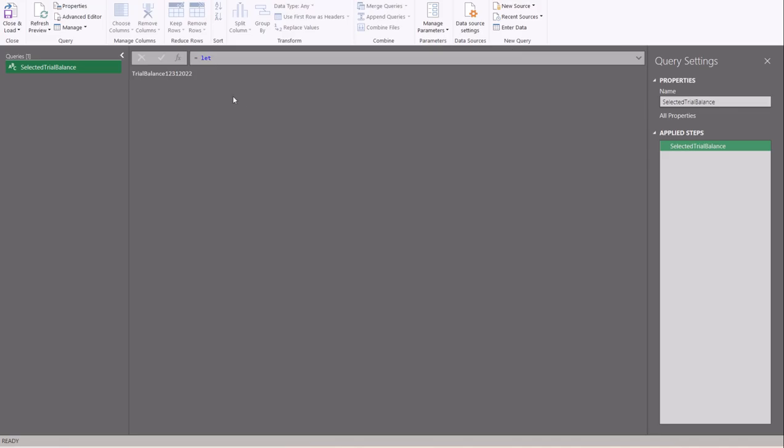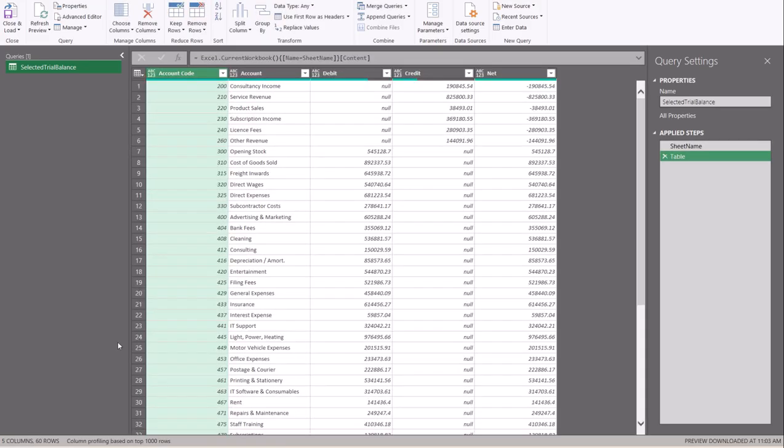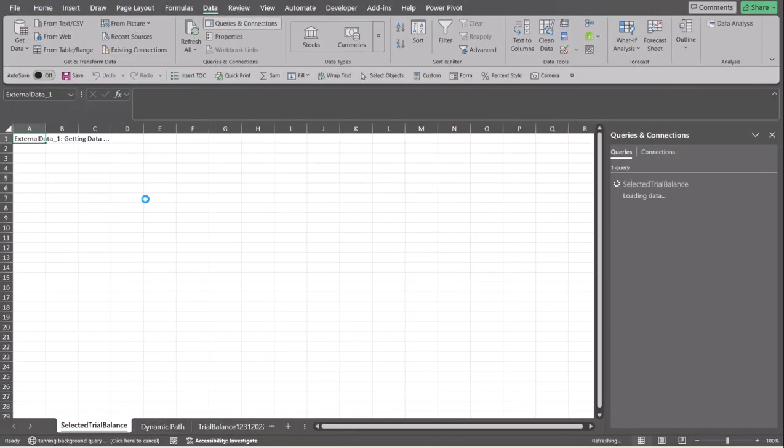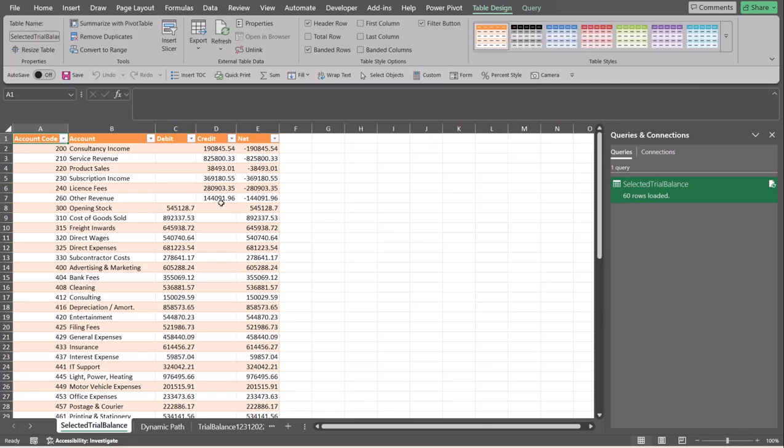And give it a second. And so as you can see now, it returned the table that matches our named range in Excel. So now let's load this back into Excel, and we're going to do a refresh on it. So let's do close and load. And what this defaults to, it's going to close and load our table, as you can see here. Now let's go back to our